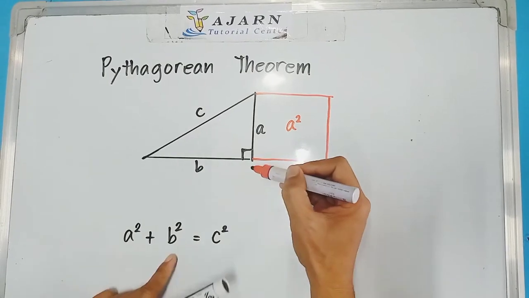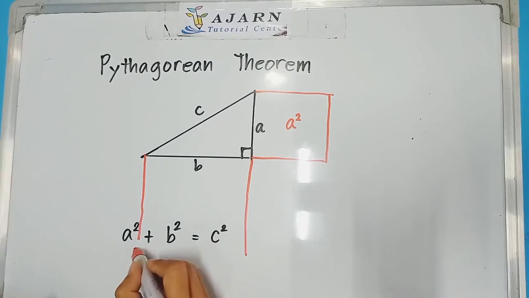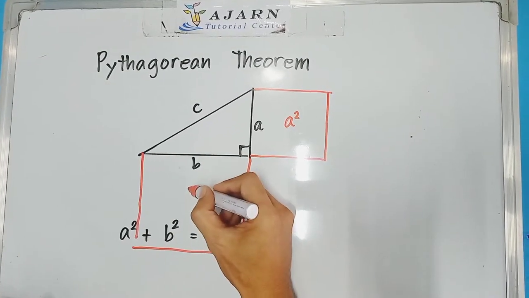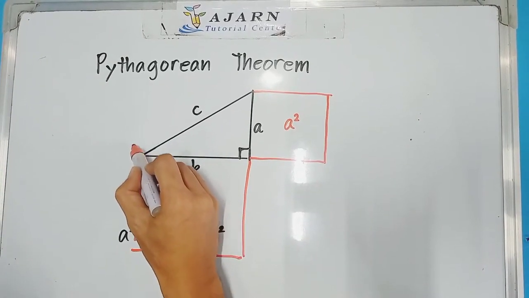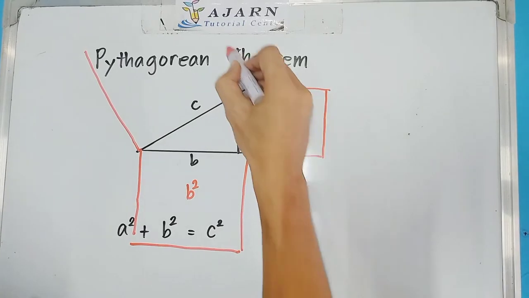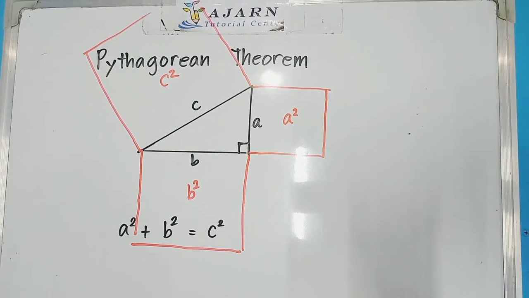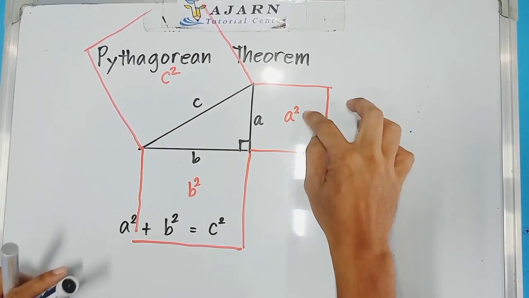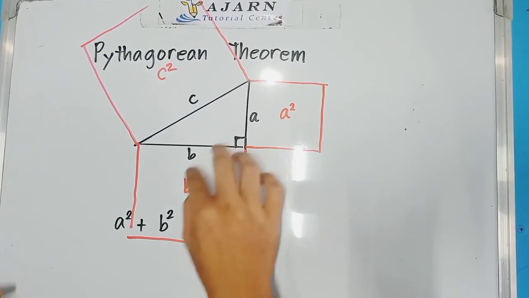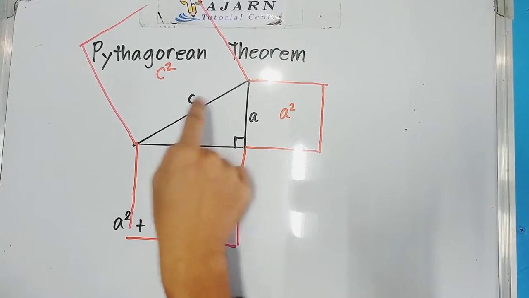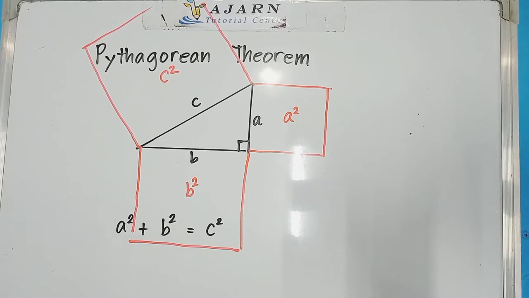Now, this one, the B squared, is this square extending from our side B. Okay, this square, the area is B squared. And the square on the hypotenuse C has an area of C squared. Now the theorem says that the sum of these squares, side B and side A, is equal to the square of side C, this one. Now I'm going to demonstrate that using